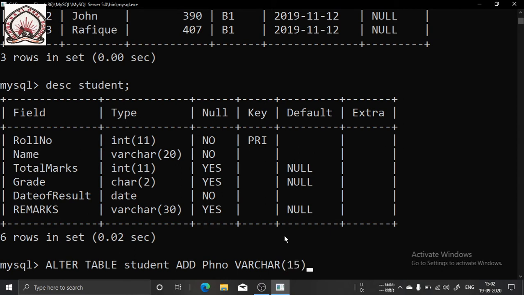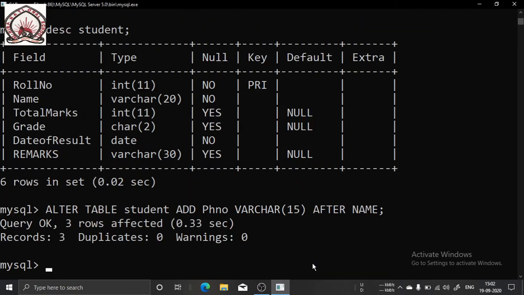Now I want to add it after name. So ALTER TABLE student ADD, column name, then the data type and size. If you want to add a constraint, you can add. Then, since I want to add it after name, I have to type AFTER name.